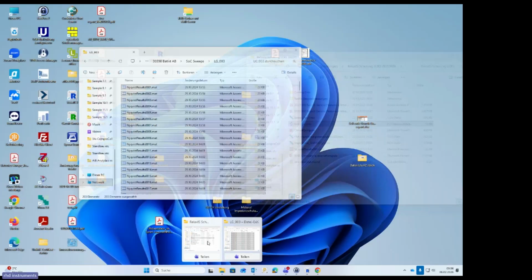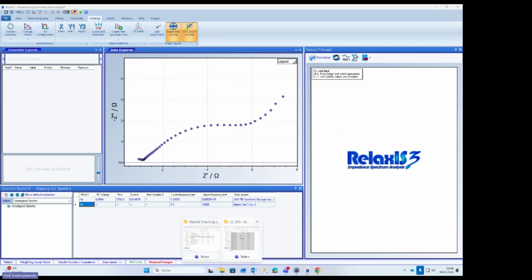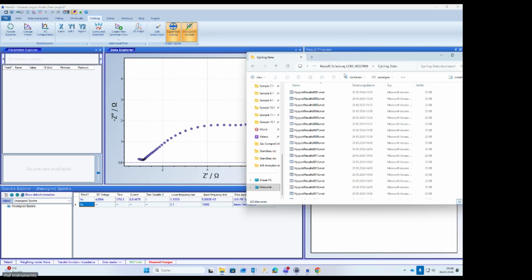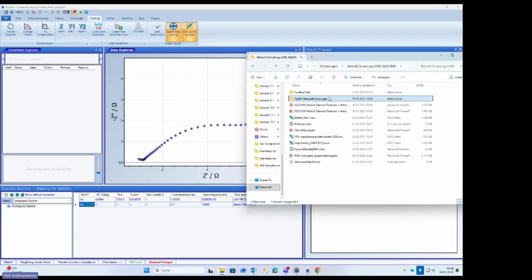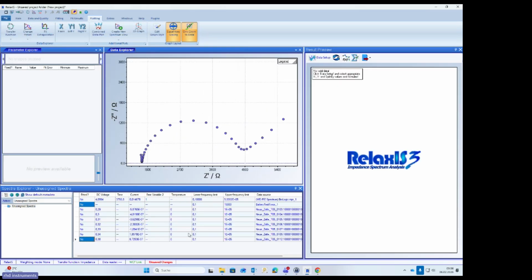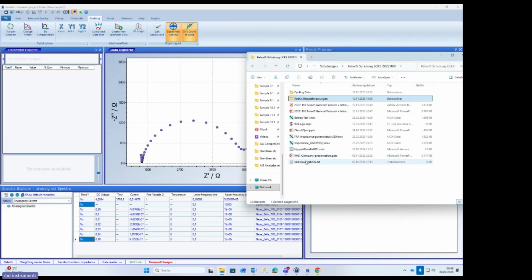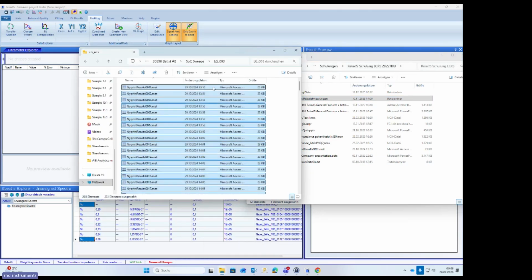The same holds, of course, for the Autolab file, or the data files from Zahner, for instance. You see I can also insert multiple data files. Or, what I can also do is, if I have this cycling data here, I can just load